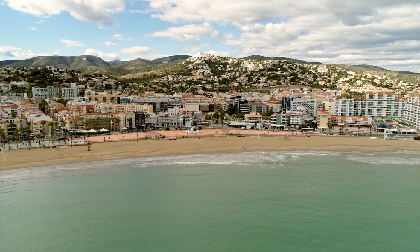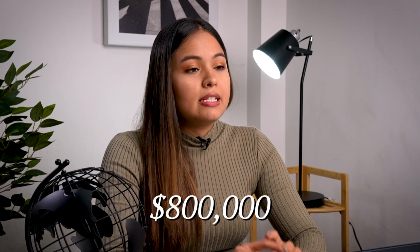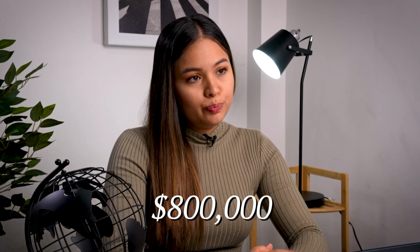Now, usually these development projects are more directed towards tourism initiatives such as hotels, but you can buy either a share or a unit. Now, if you want to go for the higher investment, you can invest a minimum of 800,000 US dollars in a single private family dwelling home. There are a lot of different requirements when it comes to actually picking the property, and the process can be